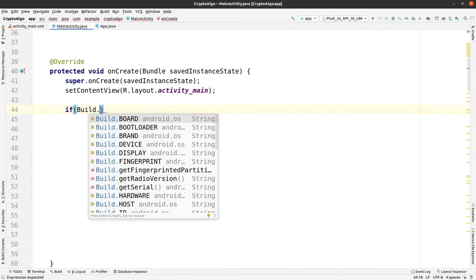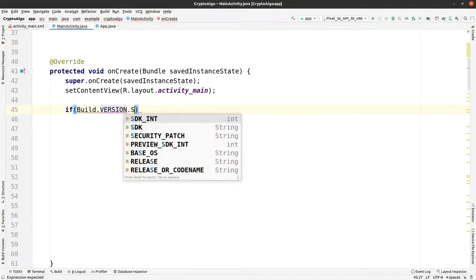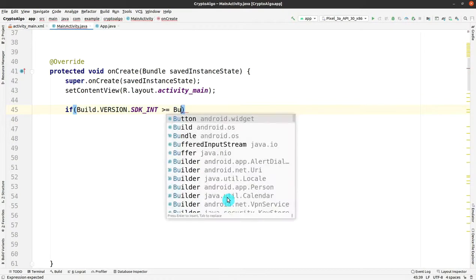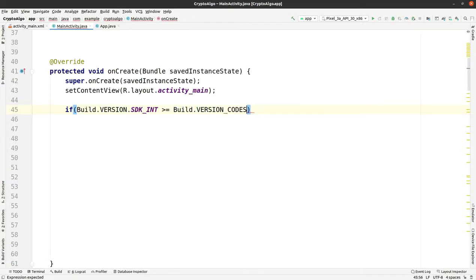Then we are just checking the build version SDK int for Lollipop version, as there can be some error. So we are handling it with an if statement.